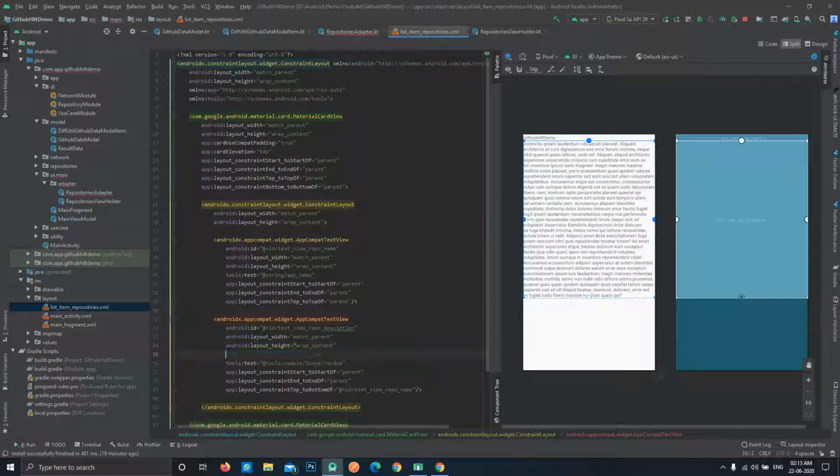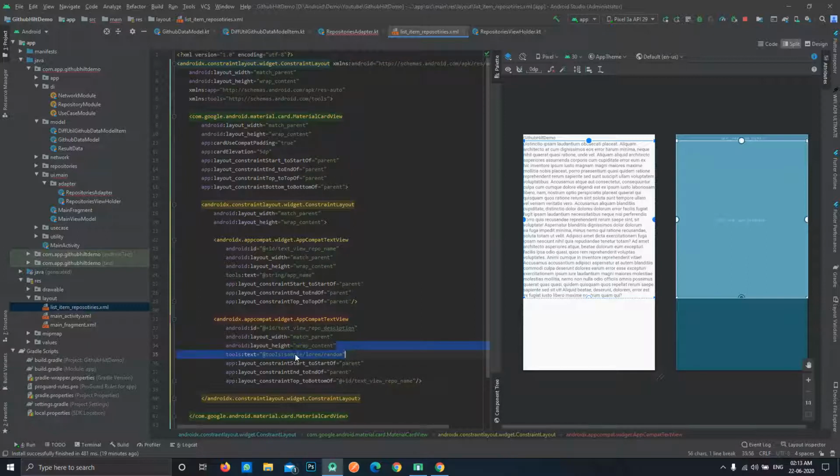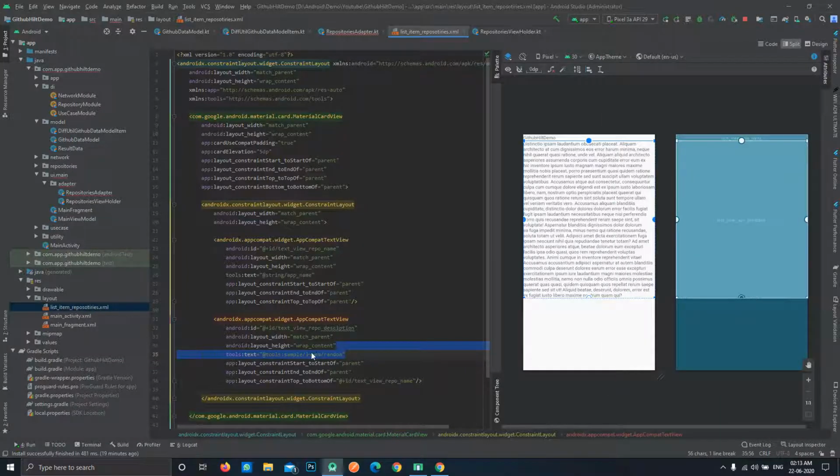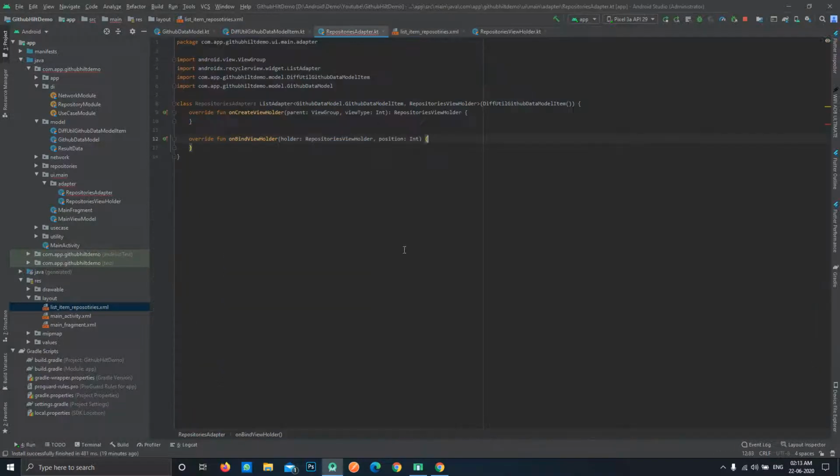If we define any property with tools, it will remove it at runtime. It will only show in the layout while developing, in the XML part itself. But at runtime, when your application is actually running on your real device, it will remove this property and nothing will be shown here unless you provide text programmatically.